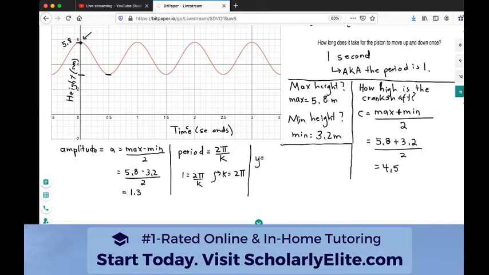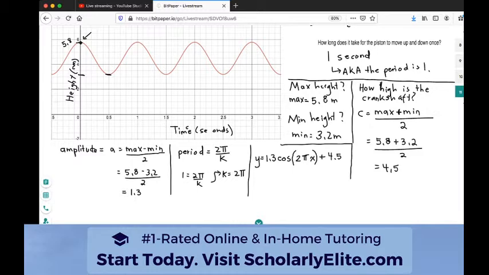So let's start this out as a cos function. So we know that the amplitude is 1.3, and we know that it's a cos function because it's starting at the top. In that case, I can just go right ahead and put my bracket here. I know that my K value is 2 pi. And because it's a cos function, there's no shift because I'm starting at the 0 point exactly where I need to be. So with that being said, I just put an x here. And we go plus 4.5, which is the C term, which is also the middle line here,